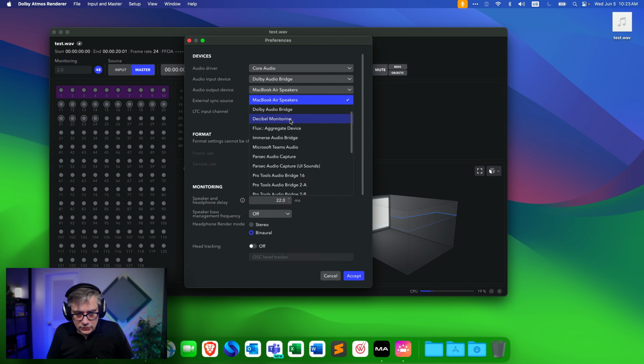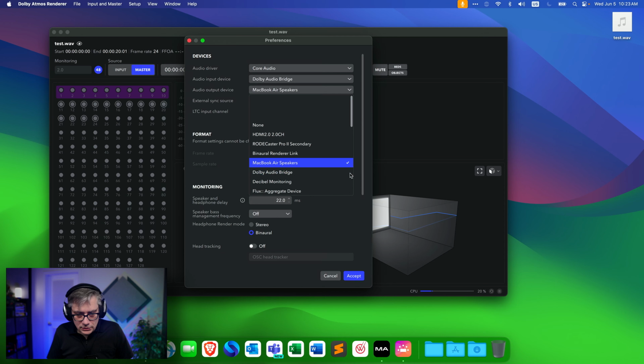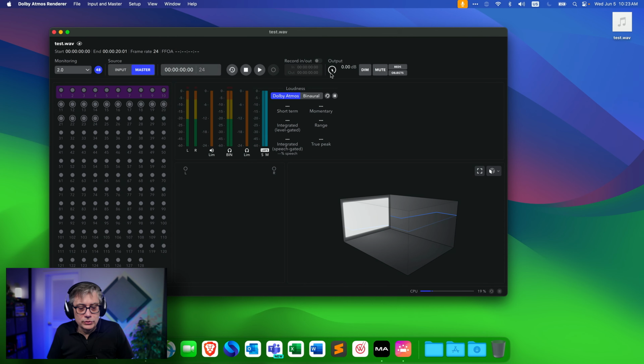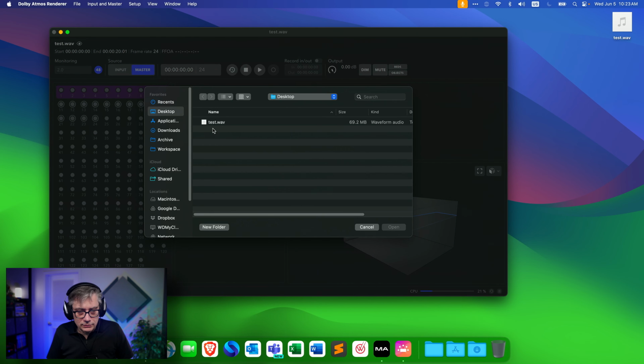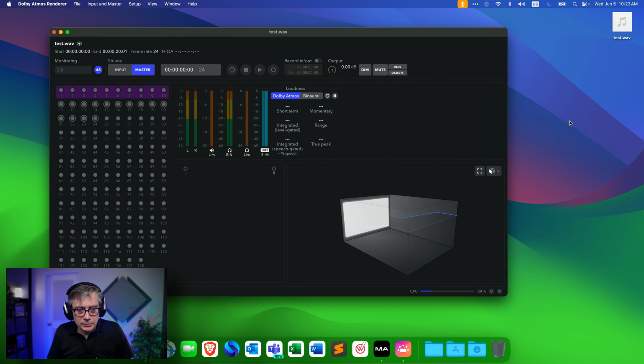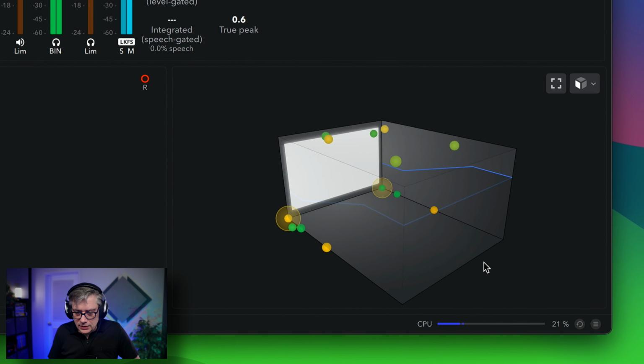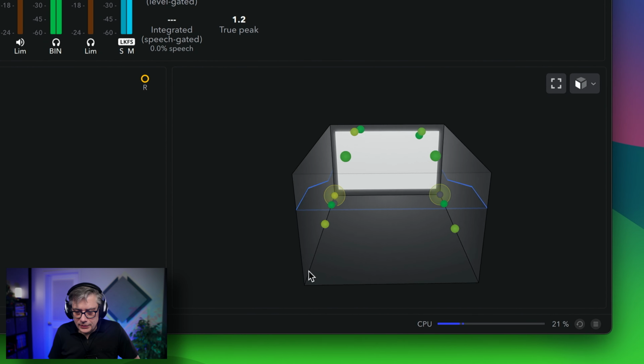In my case, I need to set that to the Rodecaster, here we are, accept. And then I'm going to open up the master file that I have here, which is the test master file. I'm opening it up, and let's see if it is playing. And as we can see, everything is playing correctly.